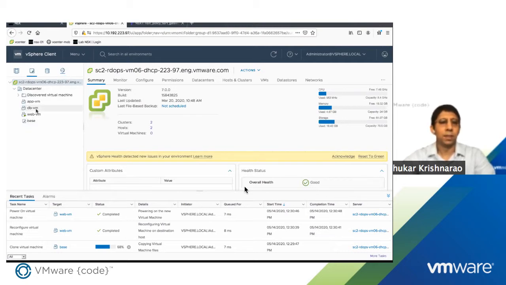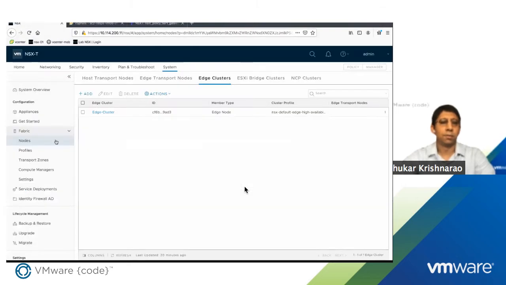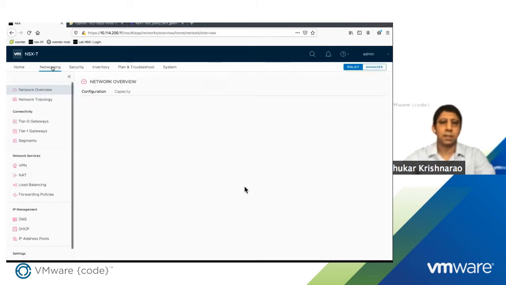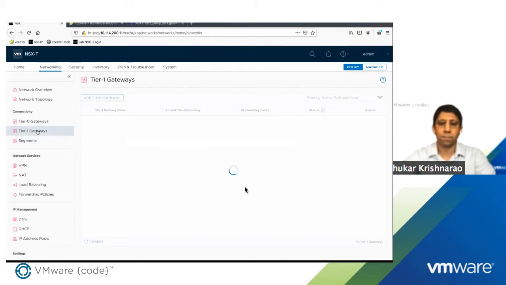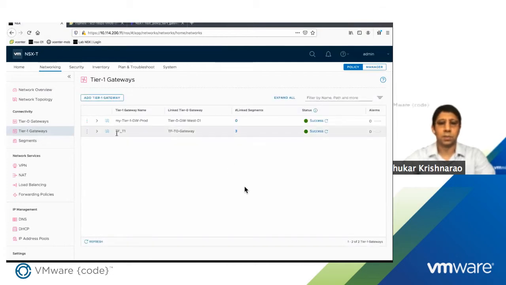If I go look at my VMs, you can see the 3 VMs are being created using the base template. Looks like one of the VMs is already getting powered on. The other 2 are still waiting to be powered on. Now, if I come back and look at NSX-T, the first thing that we asked Terraform to do was create a tier 0 gateway. Sorry, a tier 1 gateway. So this is the one